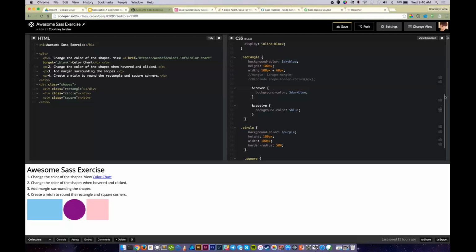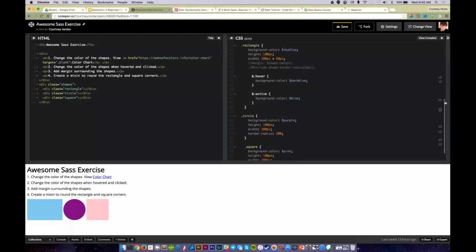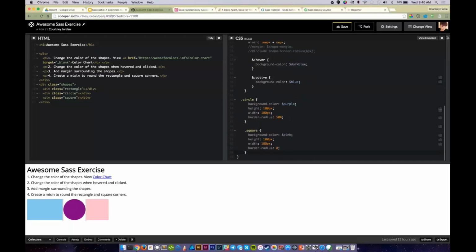Everybody got it? And then if you want, feel free to move down to circle and square. And you can change the colors to whatever you'd like for hover and active.